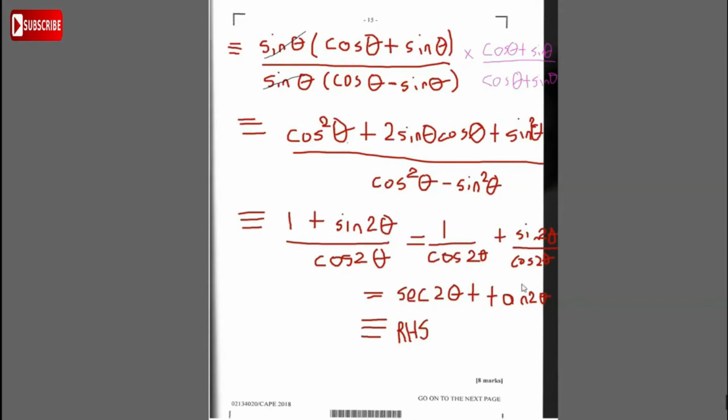And instead of saying sec 2 theta plus tan 2 theta equals 0, I'm just going to go to this one: 1 plus sine 2 theta over cos 2 theta equals 0. So hence, that implies we can solve 1 plus sine 2 theta over cos 2 theta